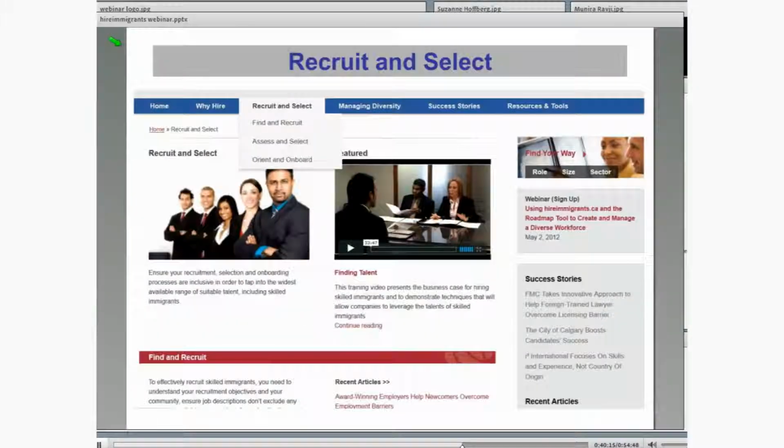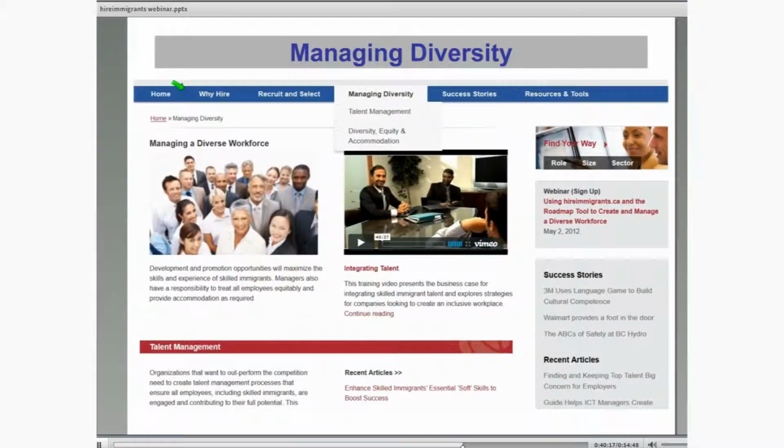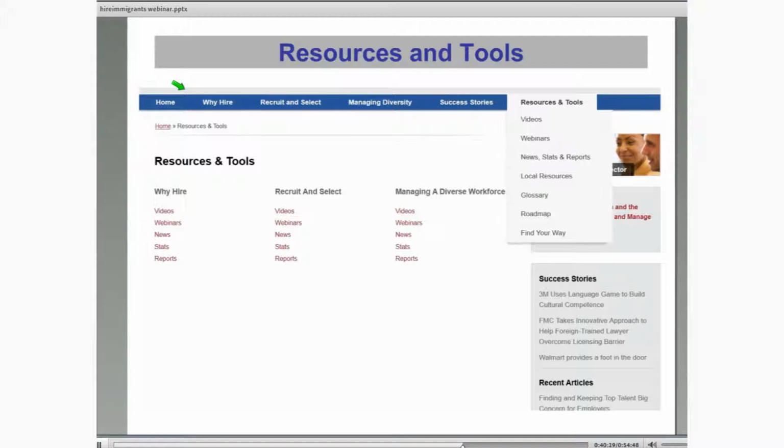Let me pull up that slide again for everybody so we can just take a quick look at where that is. So under Resources and Tools, right below News, we have our local resources. So when you click on that, it actually takes you to a map of Canada, and you can click on your province, and then there will be links to local immigrant employment councils, government portals, and then also community resources. So it's through those community resource links, and also through many of the IECs that you can find connections to